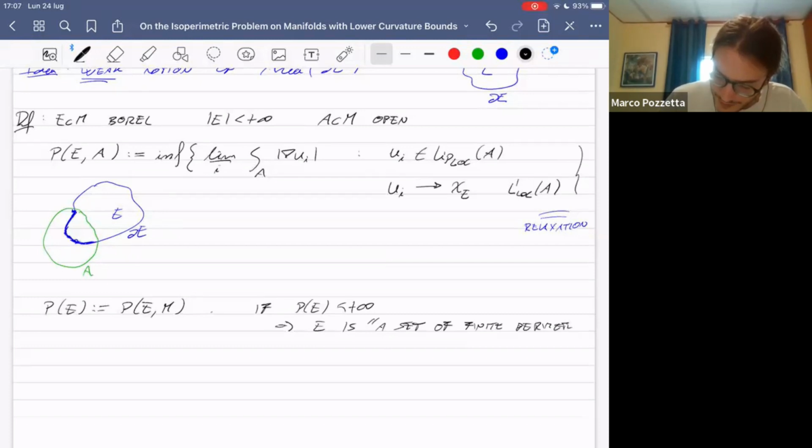And by the way, this definition by relaxation, this weaker definition for the area of the boundary of a set, goes back to the original works of Caccioppoli and De Giorgi